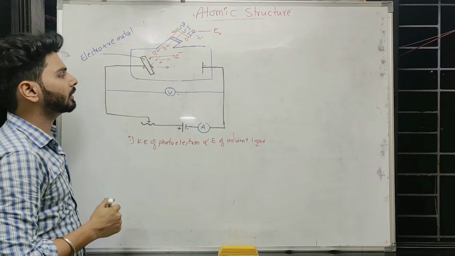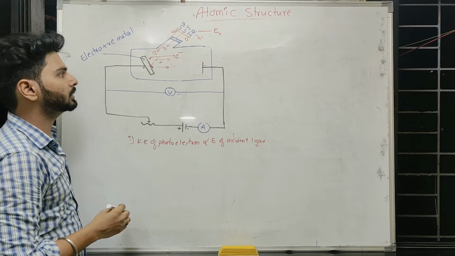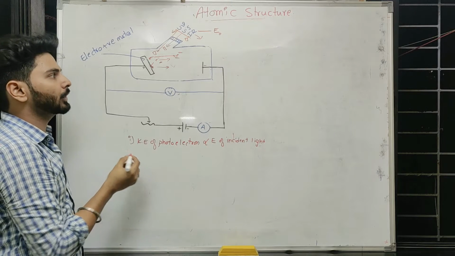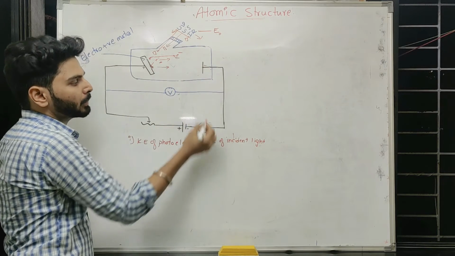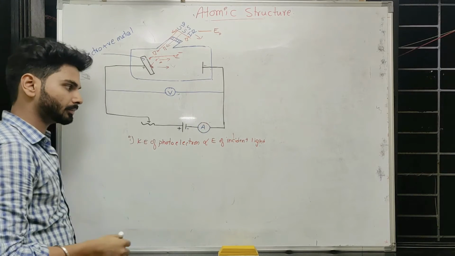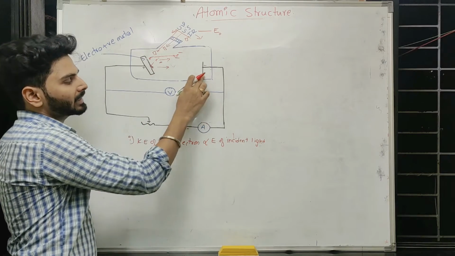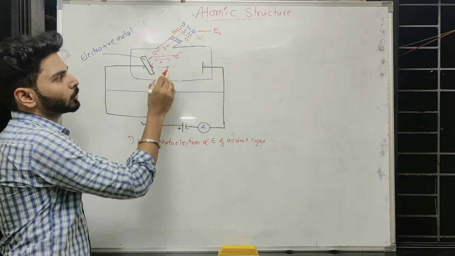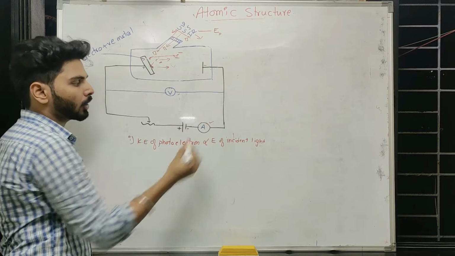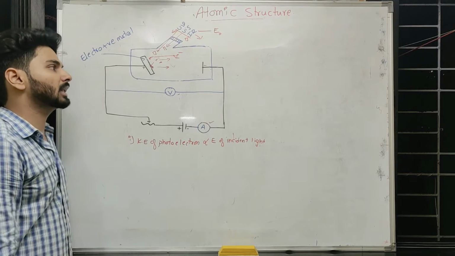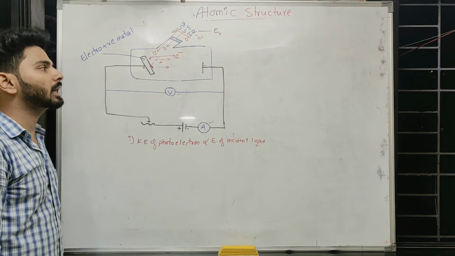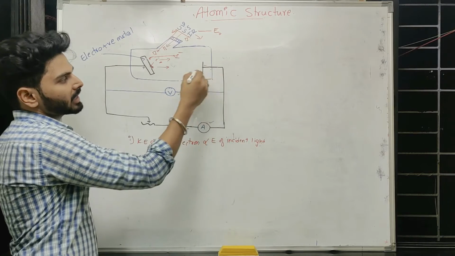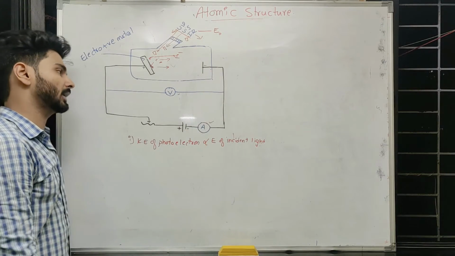Now, if I use the number of electrons entering the circuit per unit time, we know that the number of electrons entering the circuit per unit time will produce current. If no electrons are entering the circuit, then there will not be any current, so zero current. So the ejection of photoelectrons and their entering the circuit will be observed through deflection in the ammeter, which will tell us the current produced in the circuit. So more electrons entering the circuit per unit time will give more current.